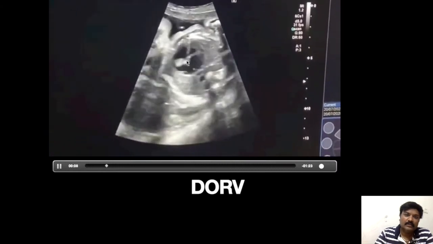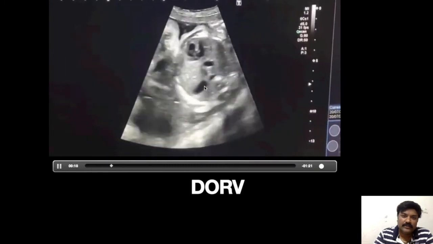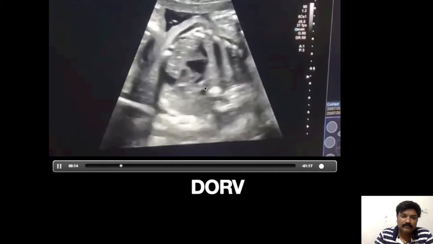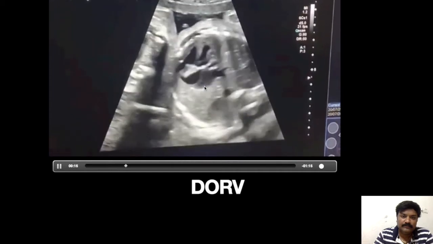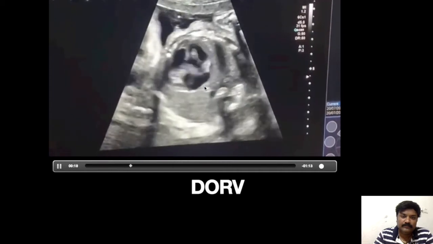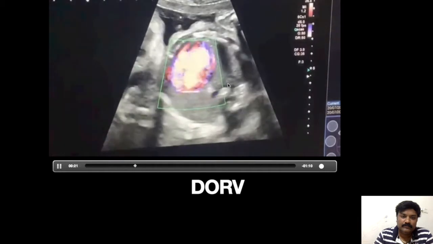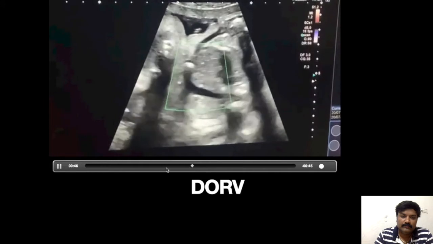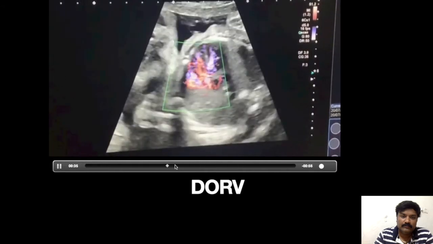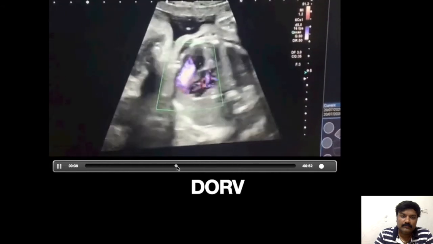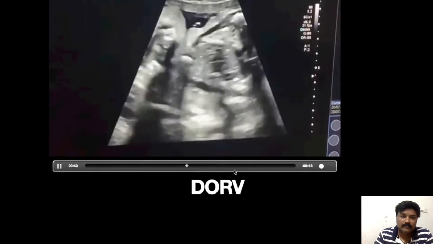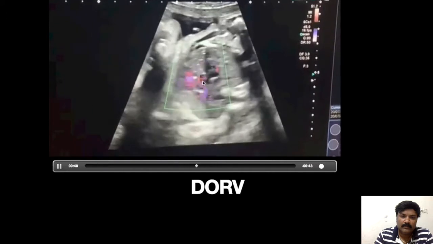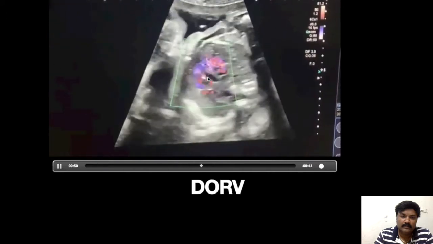So this is dextrocardia, VSD, double outlet right ventricle. Aorta, pulmonary artery.